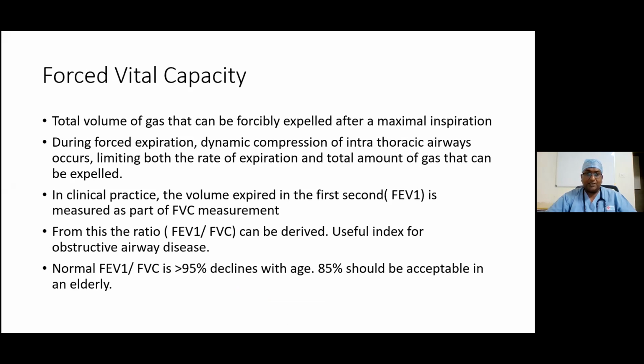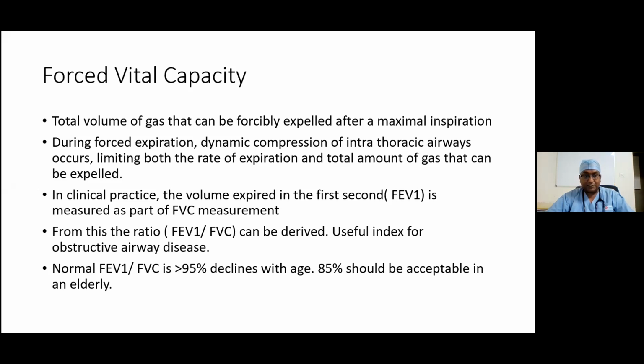Forced vital capacity is the total volume of gas that can be forcibly expelled after a maximal inspiration. During forced expiration, dynamic compression of intrathoracic airways occurs, limiting both the rate of expiration and the total amount of gas that can be expelled. So in clinical practice, the significance comes: the volume of expired gas in the first second is measured as part